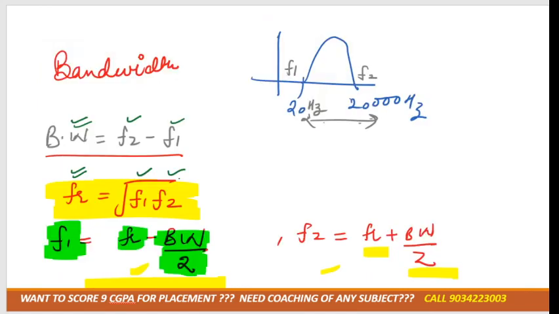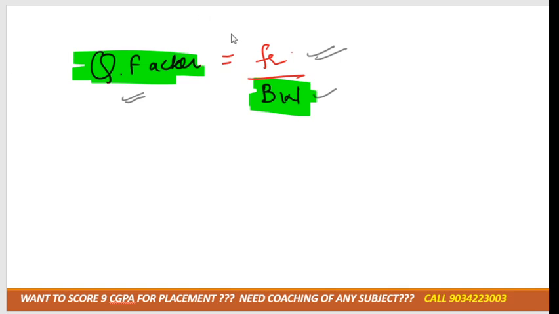Correct? So for bandwidth we have this formula, that is resonant frequency plus bandwidth divided by 2, but we don't have the cutoff frequency. Bandwidth is f2 minus f1. Again we don't have the cutoff frequency. And quality factor, we have to calculate quality factor for that. Okay,